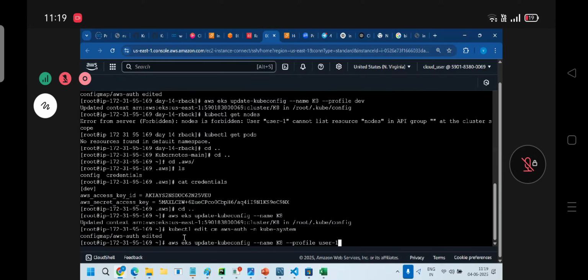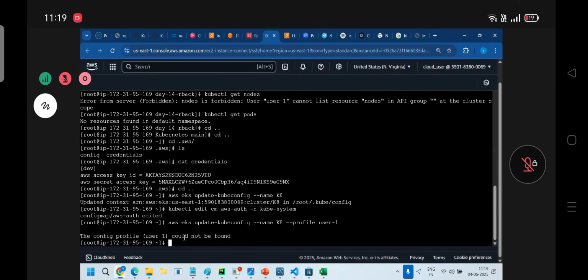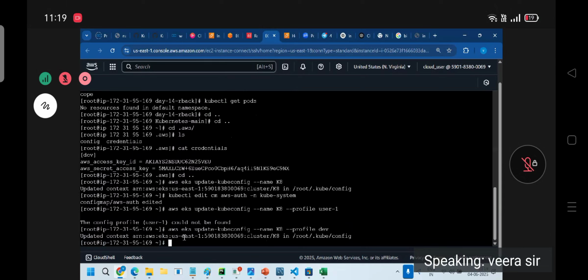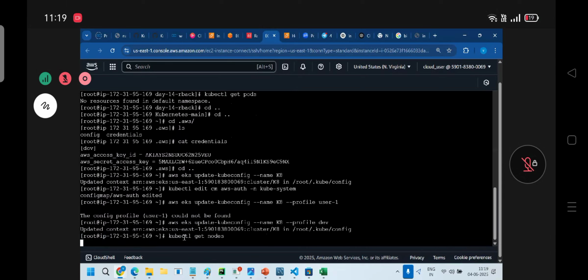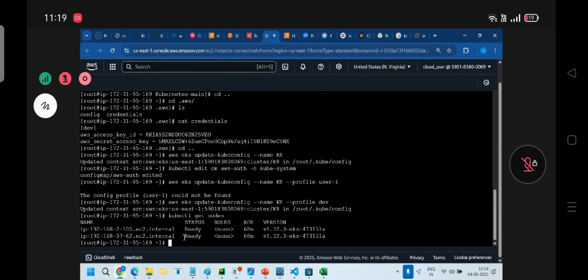User one? Sorry, profile dev. In local, the profile is dev. kubectl get nodes. Clear? In that case, is role binding required or not? Not required. I'm directly